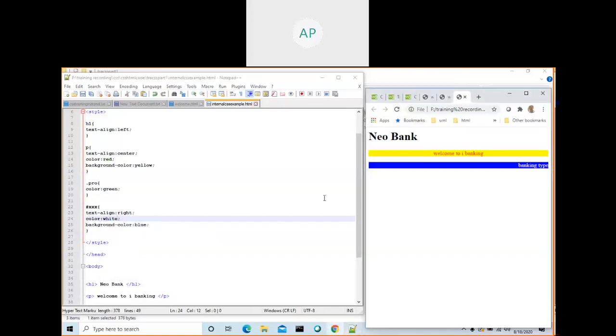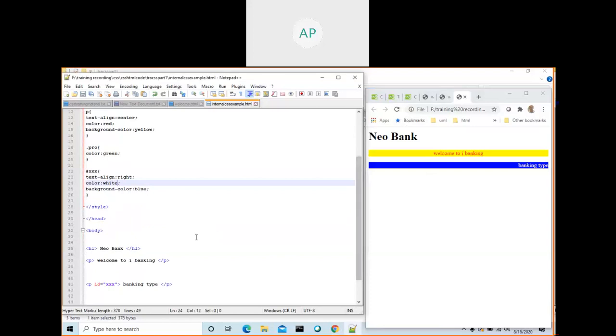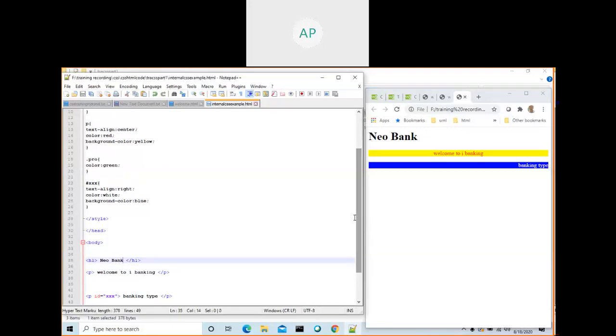So what's the problem? Why is the second tag not displayed? This tag, welcome to, where is this? Yeah, welcome to is here and your header is here. So you can apply CSS to an HTML element by using the HTML element tag name, p tag, h1 tag, or by using the class attribute, or by using the ID attribute. The difference is the hash. So which is the preferred way? Both are preferred ways. Suppose there is some CSS which you need to apply for a p tag, then you can go by using dot CSS class, by using the class attribute. So this is the takeaway for when you want to use the class attribute and when you want to use the ID attribute.